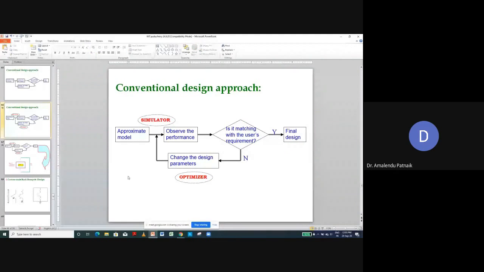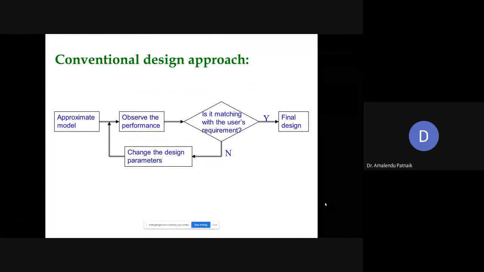Okay. So if you observe this conventional design approach,